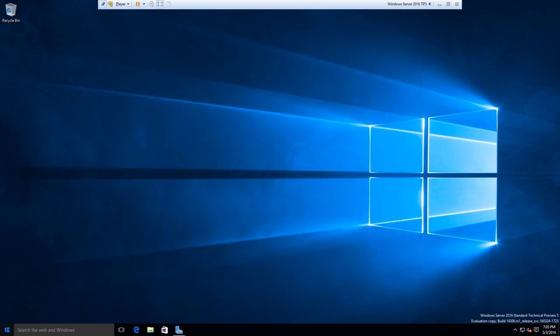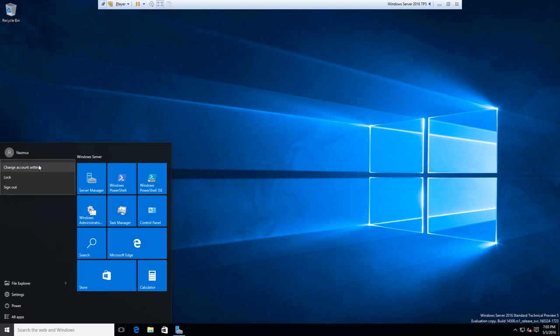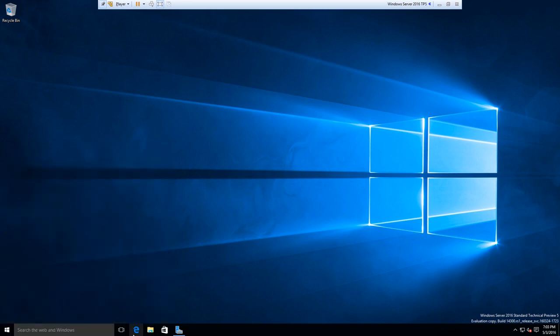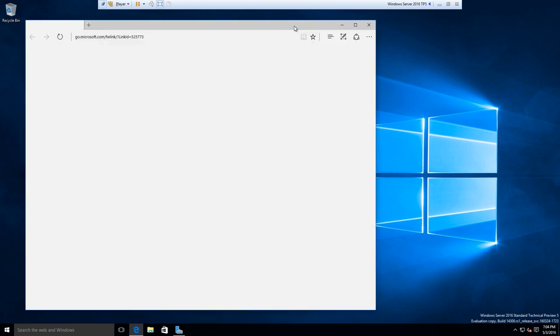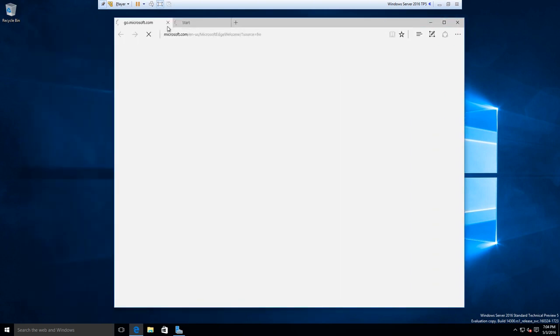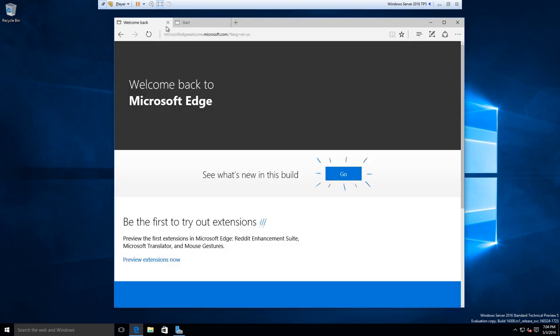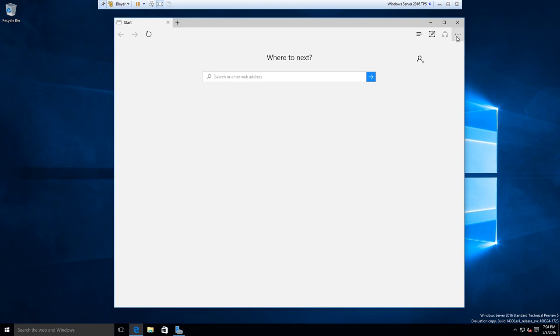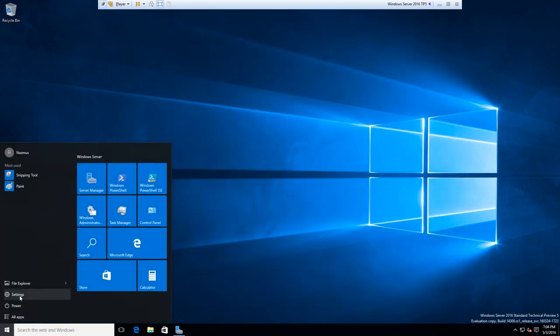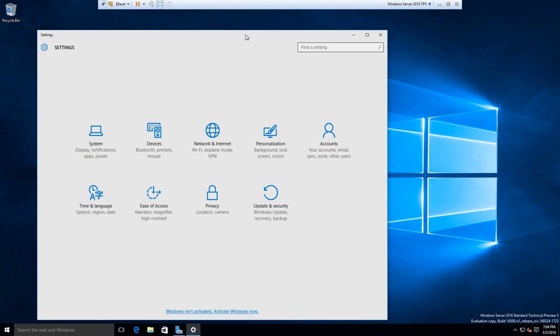In as for the account. Well, I shall see. Now that I'm not in the built-in administrator account, I can use stuff like Edge. So Edge works. This is the anniversary update of Windows 10. So yeah, Edge works, and settings is now going to throw up the error, but I think they need to fix that